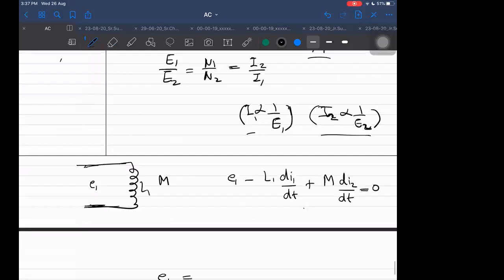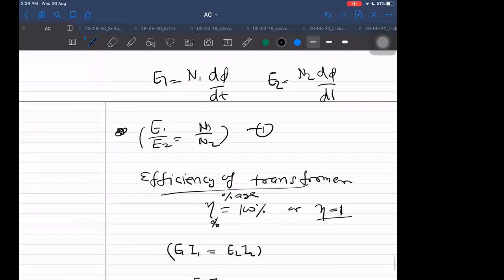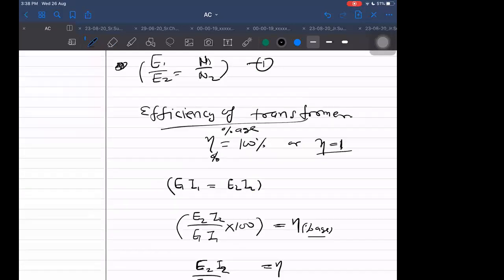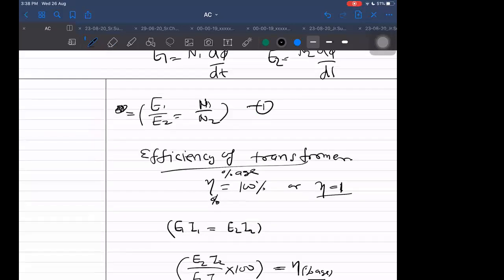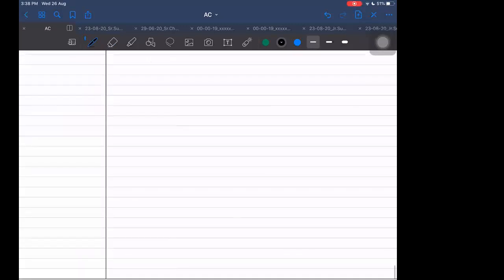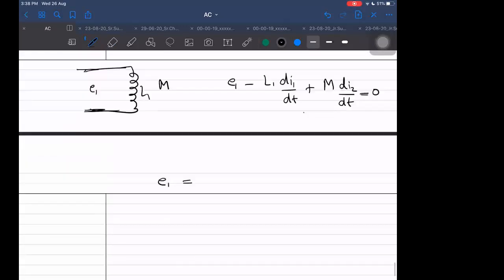In the ideal case, what was the situation? The situation was that I1 upon I2, but let us go to this equation here. I2 upon I1 will be equal to N1 E1 upon N2 E2. Let us write in terms of N1 upon N2, because it is a constant. If I am able to write in terms of a constant, then I can differentiate easily. So I am writing in terms of the constant, and then E1 will become equal to